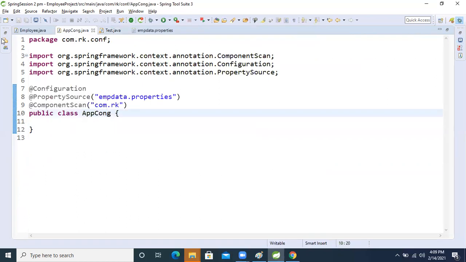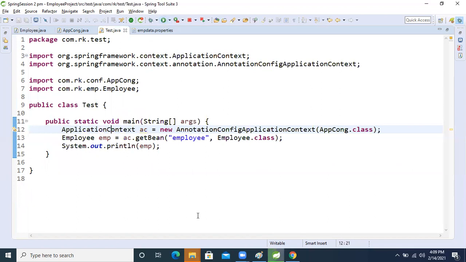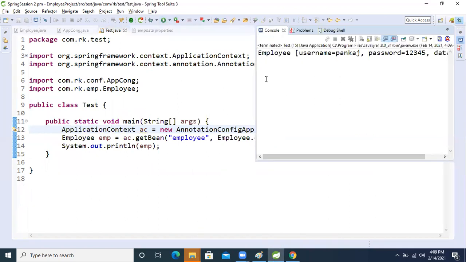Now, okay. So now if you want, like, 1 minute. Come here, right? This is username. Come to here. Now at the runtime, see that. See, Pankaj is in small letters.